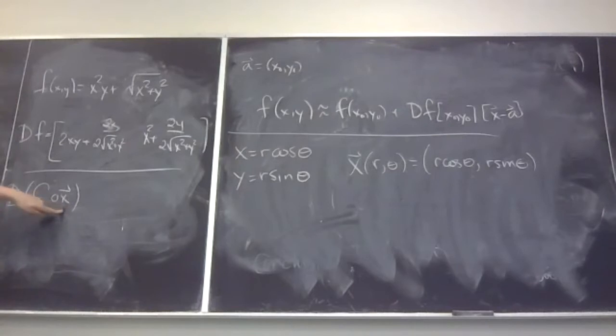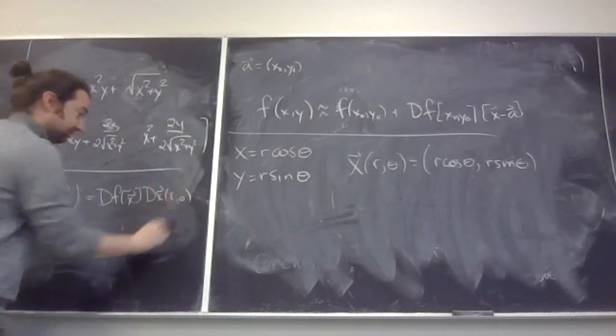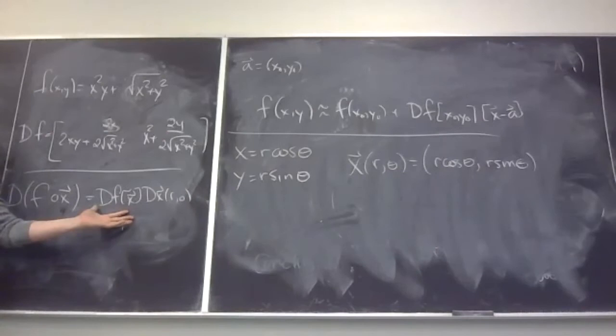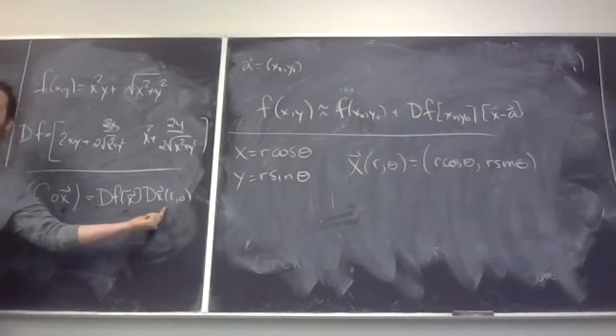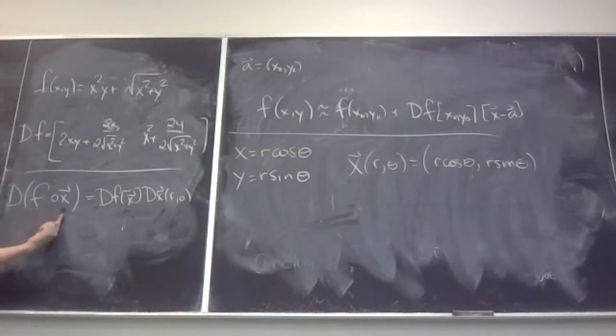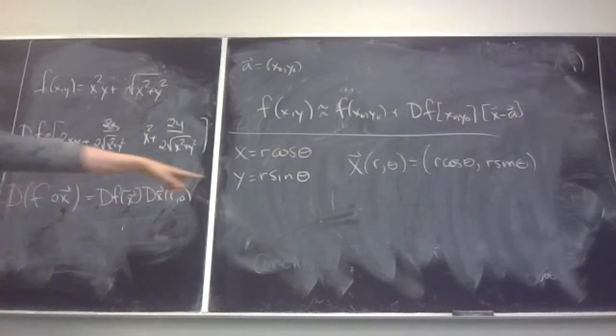This is the change into polar coordinates. This makes the independent variables r and theta. So if you take f and change variables by composing with this function x, and you compute this derivative, you get df in the original variables times dx in r and theta. So to compute a new derivative with a change of variables, which happens all the time in engineering, physics or math, where I don't want x and y, I want polar coordinates, all you have to do is multiply by this derivative, which will be the same every single time you change coordinates into polar. Whatever f happens to be, this will change because the function changes, but the change of variables that comes from the polar coordinate function will always be the same. The derivative of x